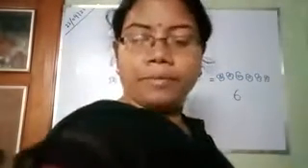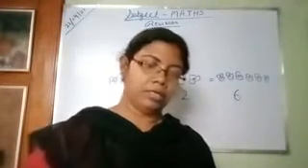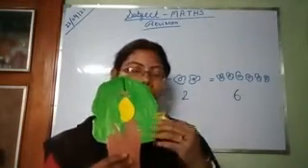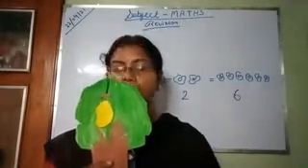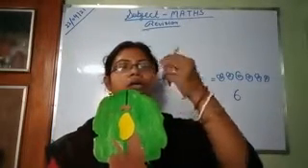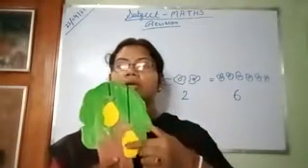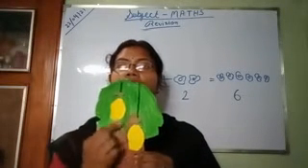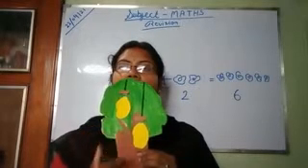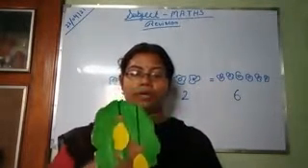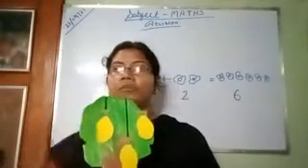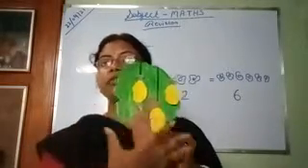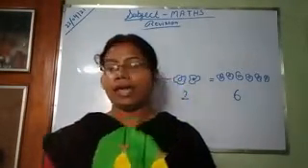One more example, you see. This is one tree and here one mango is there. Now in this tree one more mango grows. How many total mangoes? 1, 2. If I add one more mango, then the total number of mangoes will be 1, 2 and 3. Whatever the total thing we have is called addition.